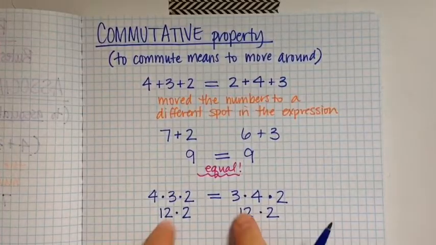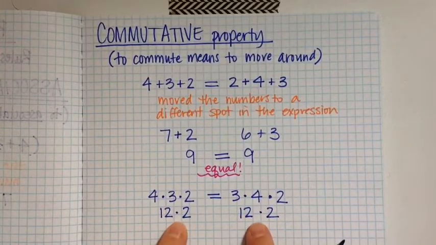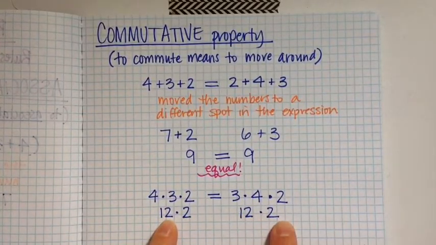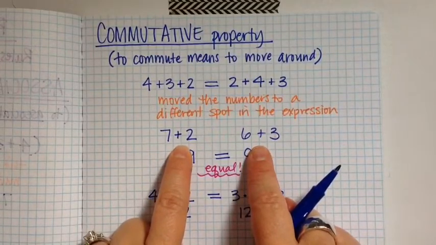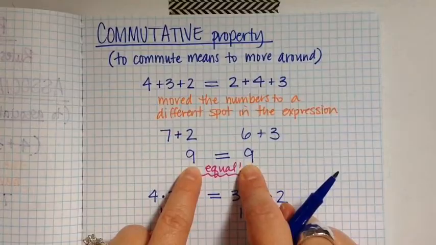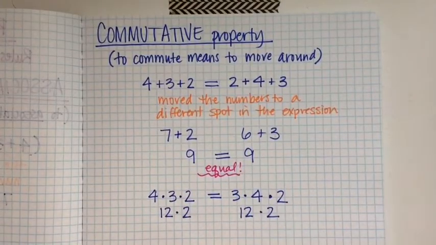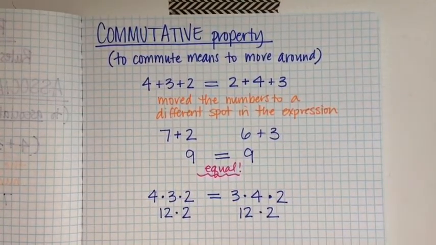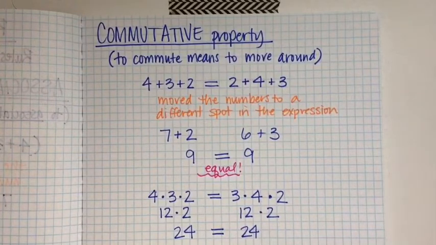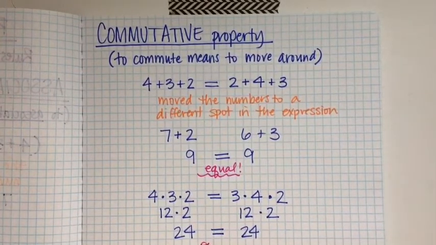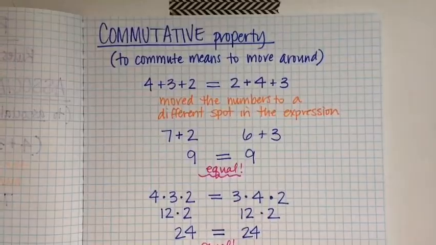So this one, based on how I wrote it, ends up the same, which doesn't always happen. See up here where the 7 and the 2 weren't the same, but it turns out the sum was the same. So let's make sure we have equal products. So 12 times 2 is 24. 12 times 2 is 24. They are equal. All right. So I changed the order, but it didn't change